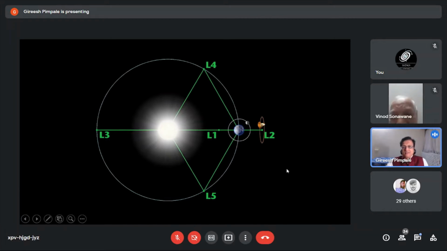So this is the diagram showing us all these points called Lagrangian points. Lagrange was a mathematician and he calculated some points. There are 5 such points, and the Webb telescope is here at the point called L2. I will not go into the details of how these points are calculated, but we will just remember that it has some significance. This L2 point has some importance, which I will tell you.